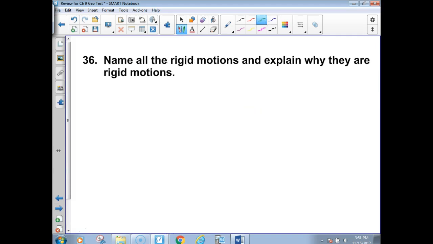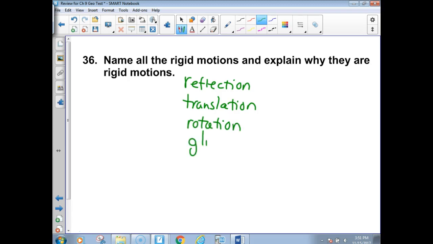36 says name all the rigid motions and explain why they are rigid motions. Okay, the rigid motions were reflection, which was the first one we did. Translation, which was the second type of transformation that's a rigid motion. Rotation is also a rigid motion. And then we did glide reflection, which we didn't really cover heavily, but we did do it, or a composition of any of those. Those are all rigid motions, and that's